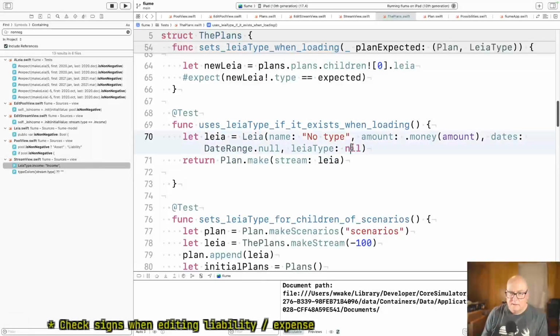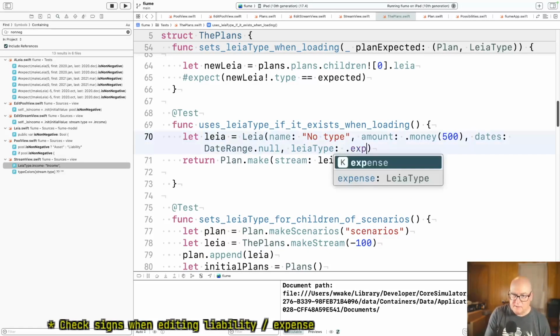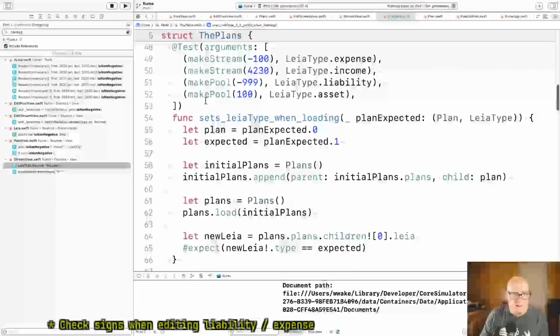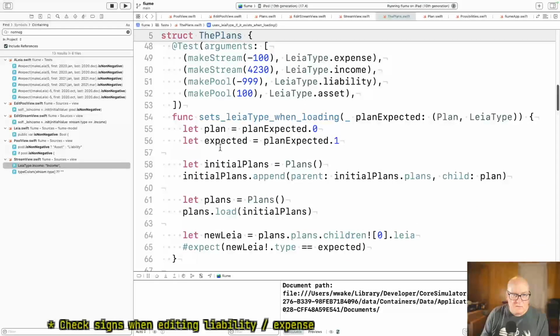Okay, Leia, let's give money. Let's do 500, but let's make it an expense. Okay, and then plan is plan.make. Okay, so we're going to